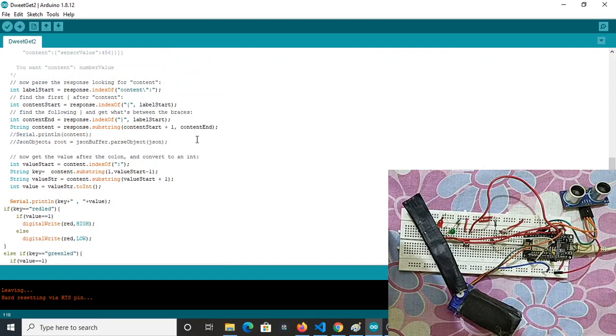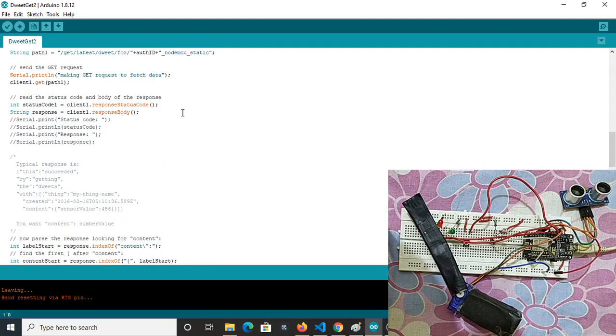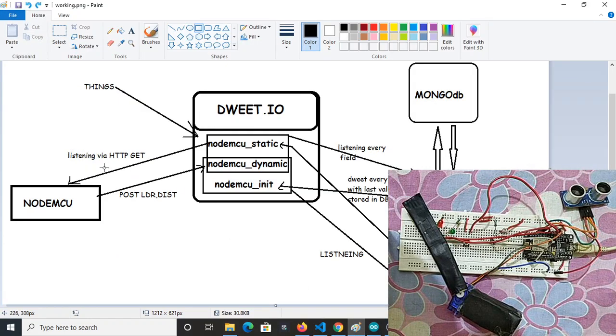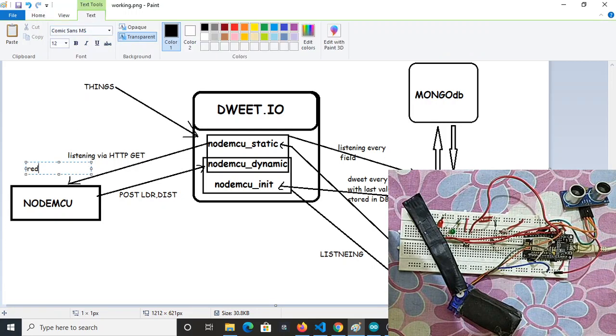We are making a get request for the latest doit for node MCU static, which is basically used for red LED, green LED and servo. Let me write it here. This HTTP get request is used for red LED, green LED, servo.